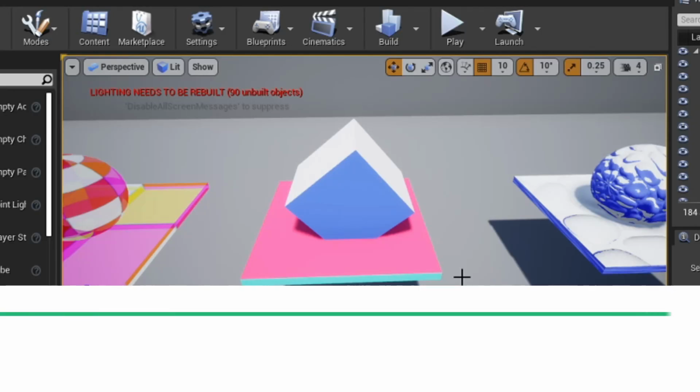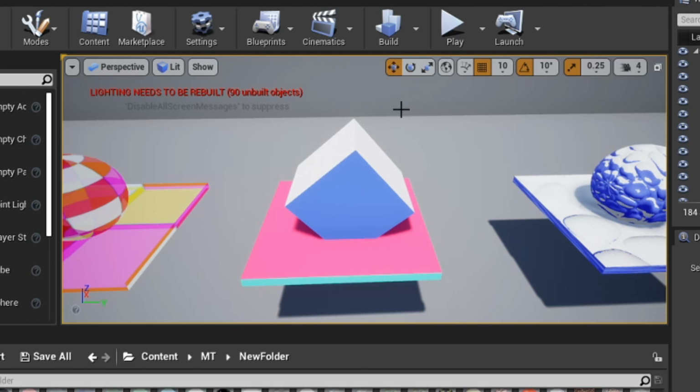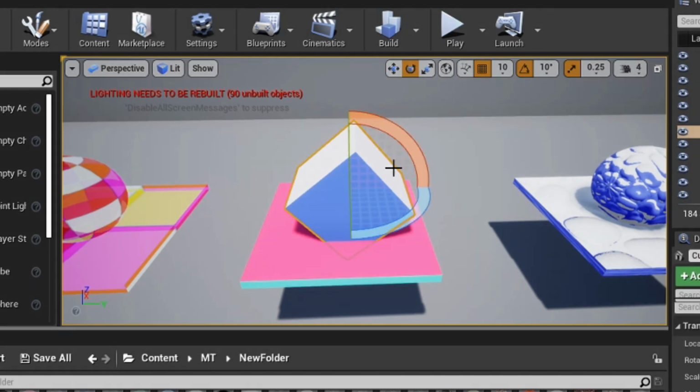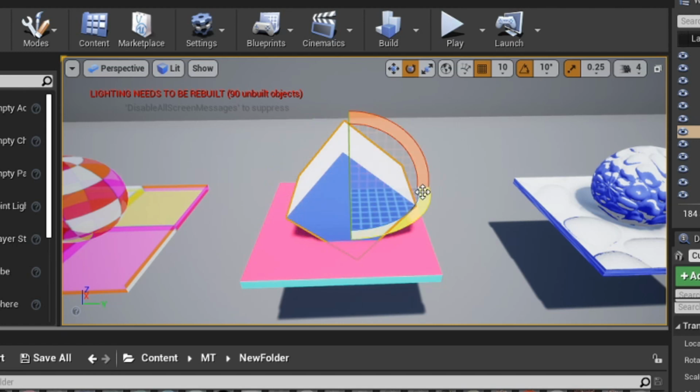Hello once again. In this video, we will understand what is the vertex normal worldspace node. In this example, you can see a cube with two white faces facing upwards. The moment we change the orientation towards the Z axis, the color changes. If we change it in the other axes, whether it is X or Y, there is no change. But the moment you make changes on the Z axis, it changes.